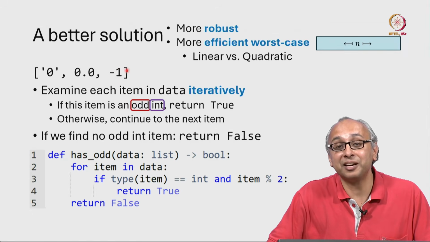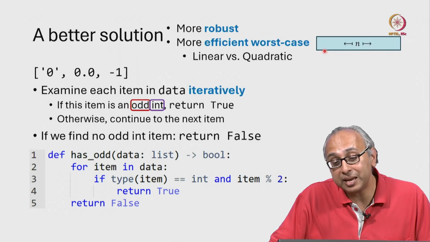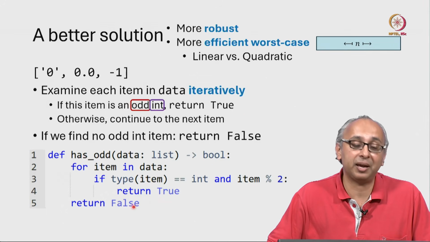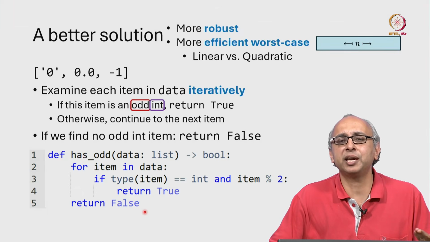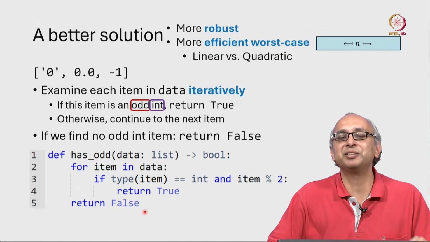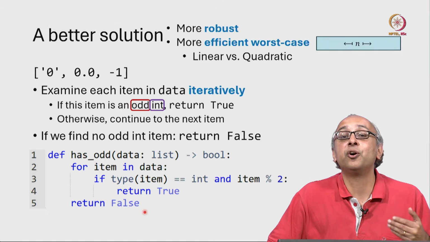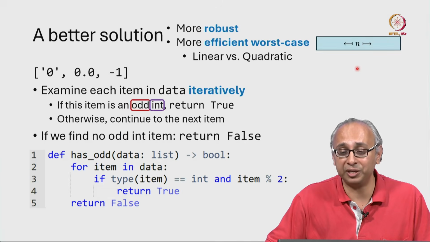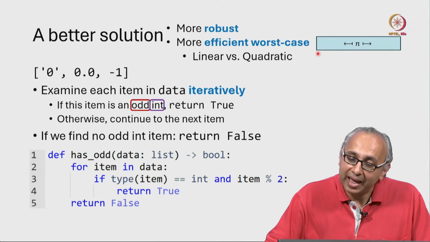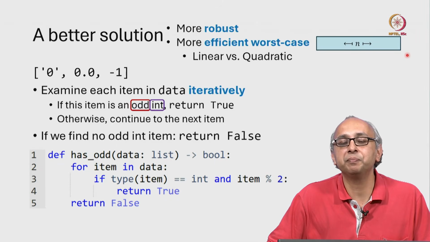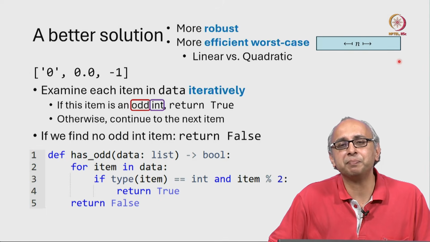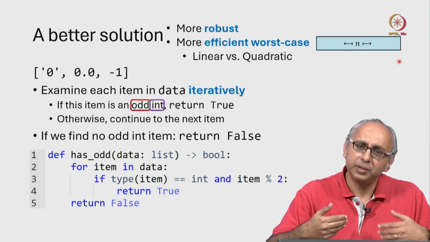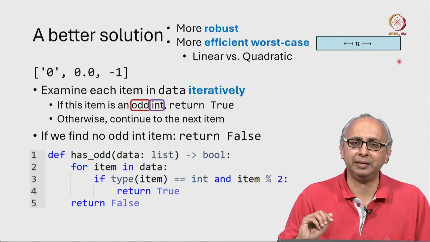Or maybe even that last item is not an odd integer. And so we examine every item in the list, and then after examining everything, we come out and have to return false. So the worst case really would be when none of the items in this list are odd integers. Of course, we don't know that. We have to examine everyone because perhaps one of them is an odd integer. So in the worst case, as this number gets bigger and bigger, we have to spend more and more time. But this growth is linear. The length grows more, the time grows more, but it's a straight line.